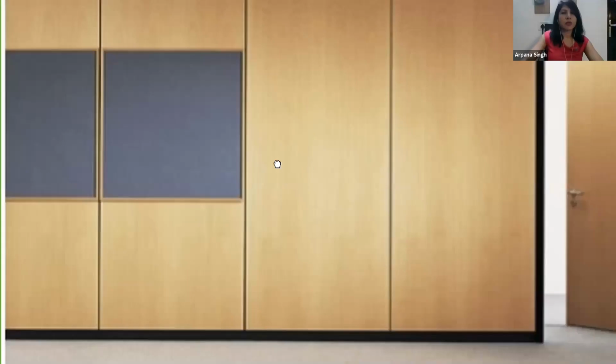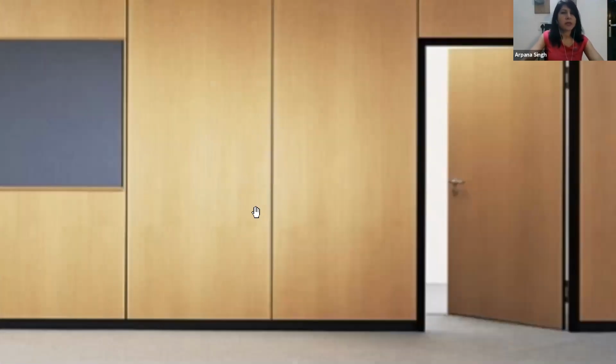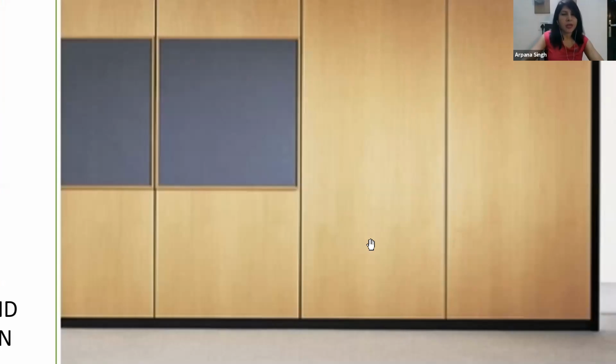you can see there are two windows that are also fixed windows, and you have a simple door here for the entry. These are the grooves which have been shown, which are deliberate, and they have been given because when you apply the board on top, you get the joints. So when you get the joints, why not make it evident and make it a part of the design?